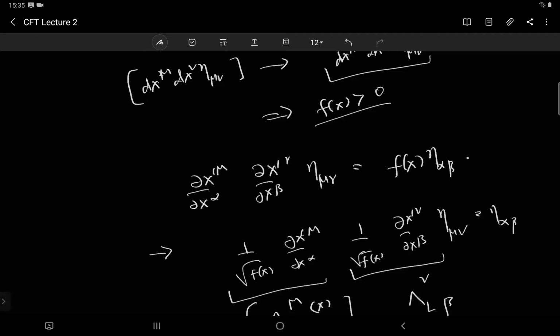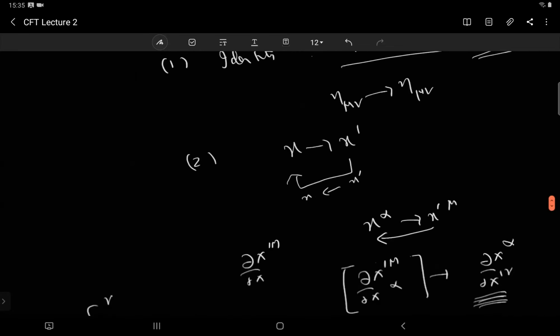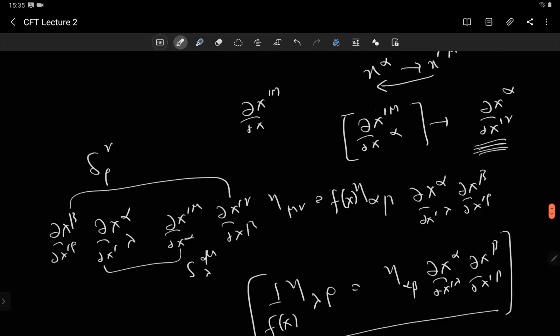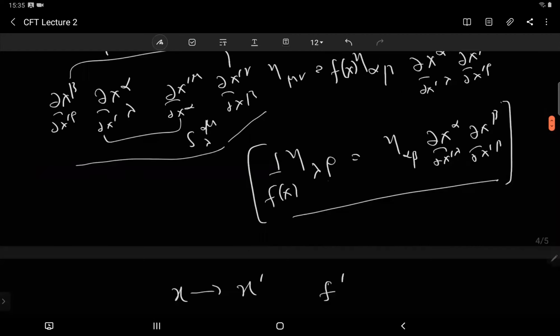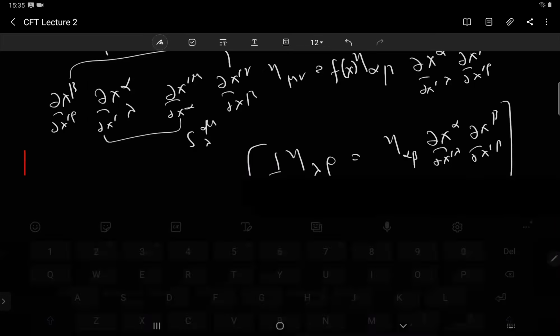So what do I do? I just multiply it by the inverse, on both sides. Then I get this equation. This becomes delta, and this becomes eta because of these two Kronecker deltas, and the f is here. Now if I have to compare with the conformal transformation equation, I have to take the f to the other side, and then it becomes 1 by f. So the inverse is also a conformal transformation, but with f becoming 1 by f.